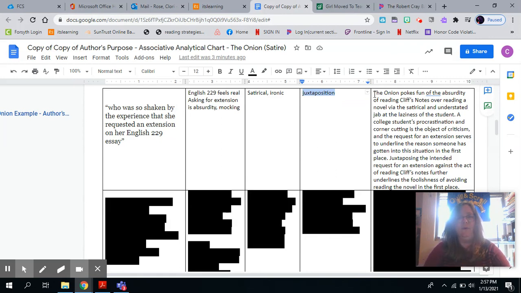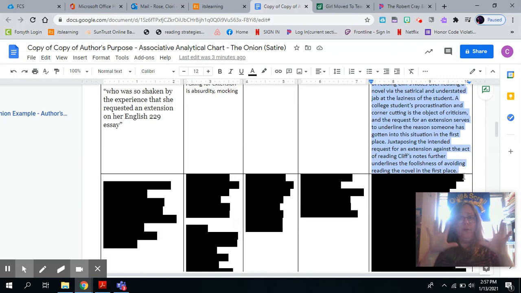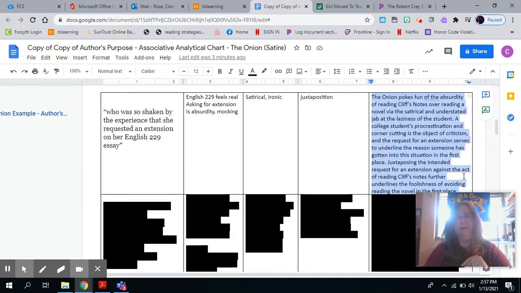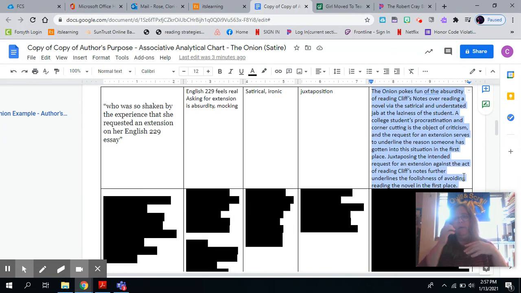And then finally, you want to play around with your analysis. And again, these are rough, quick pieces that I've written here. So, when I move into writing my rhetorical analysis, my formative one over a satirical piece, this practice hopefully is going to get you prepared to do that a little more adeptly.